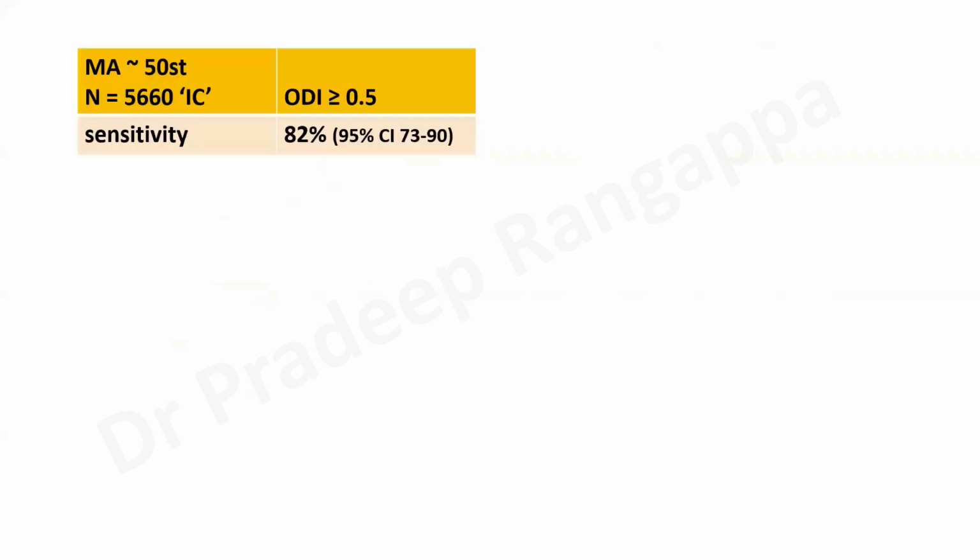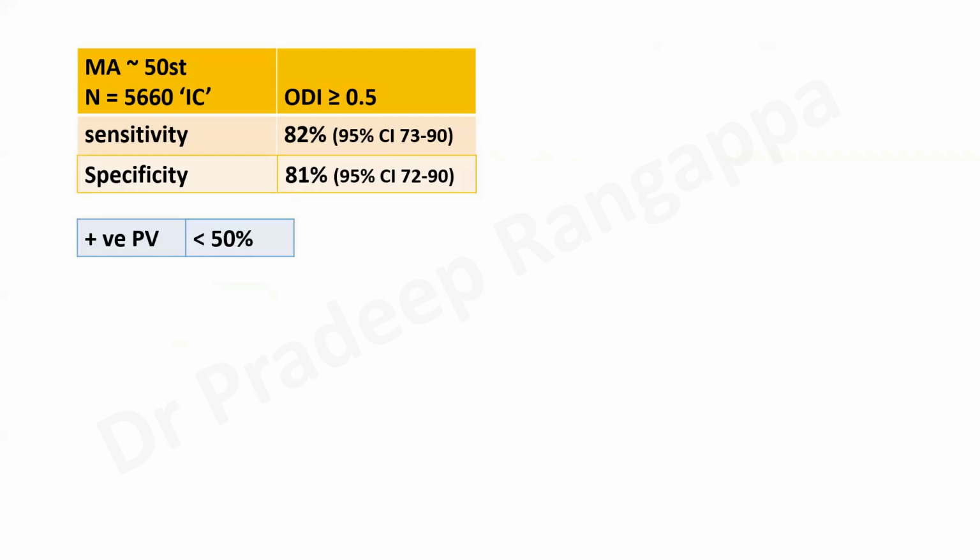And there are studies done to see how good the galactomannan test is as a tool for diagnosis of aspergillus. This is the biggest study, which was a meta-analysis of 50 studies looking at 5,660 immunocompromised patients. They looked at an optical density index of more than 0.5 for galactomannan. Sensitivity was 82%. As you see, it was very significant, and specificity was 81%. Positive predictive value of this test was less than 50%, and negative predictive value was more than 90%, which means